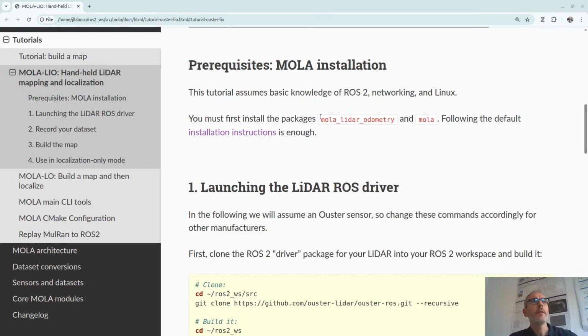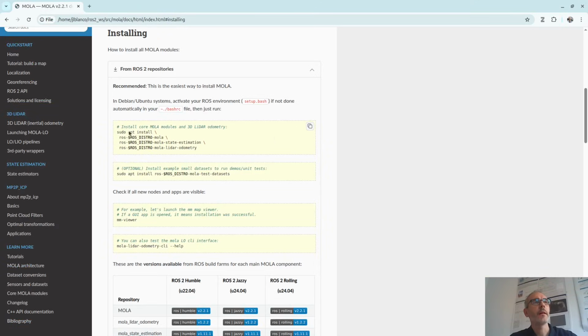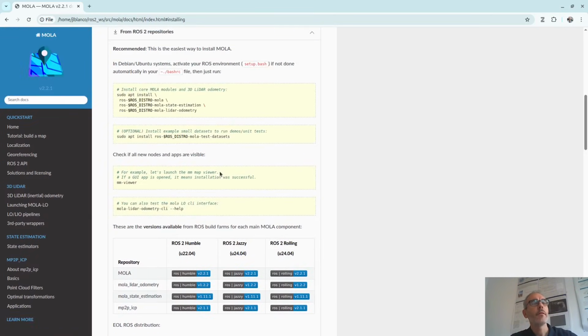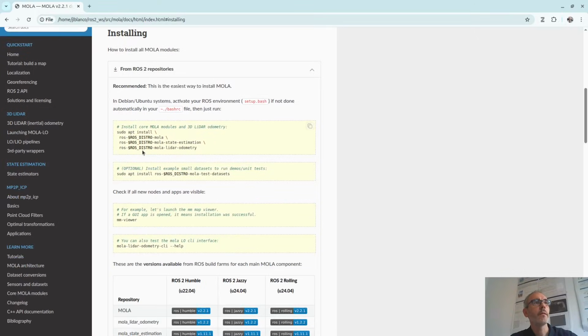Then you need to install at minimum all the Mola LiDAR odometry and Mola packages, which can be done just by using sudo apt install commands as explained in this installation page, or build from sources if you prefer. Normally, for normal users, it's recommended to install directly from apt.